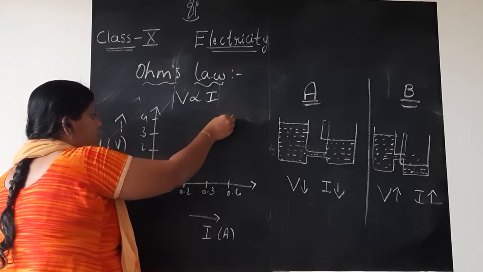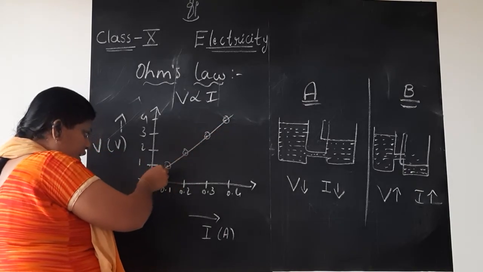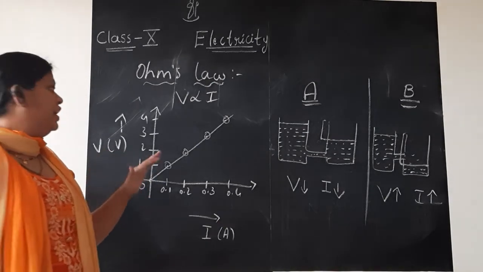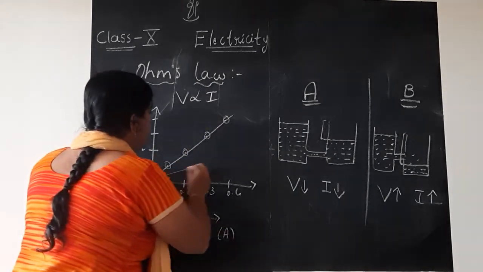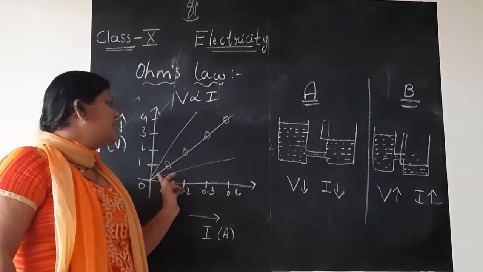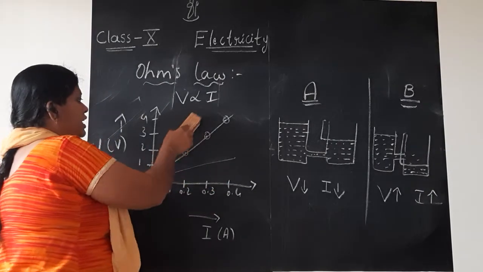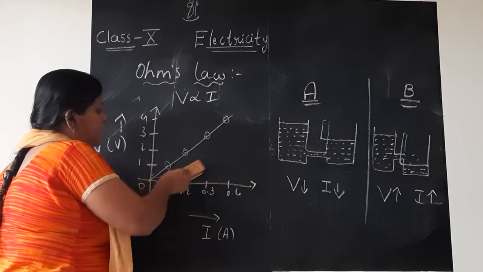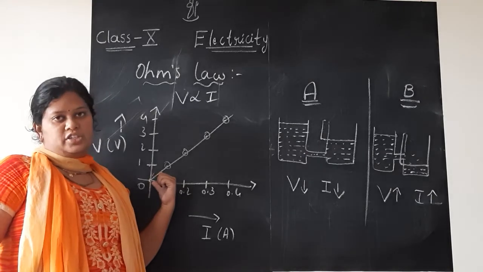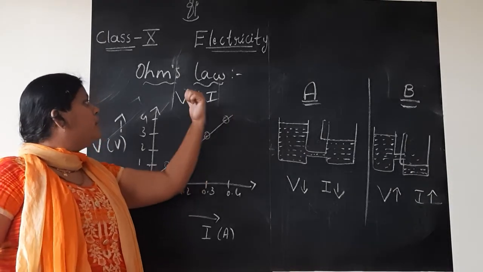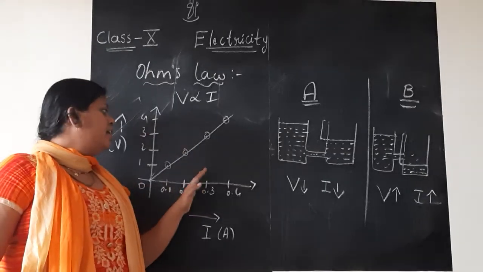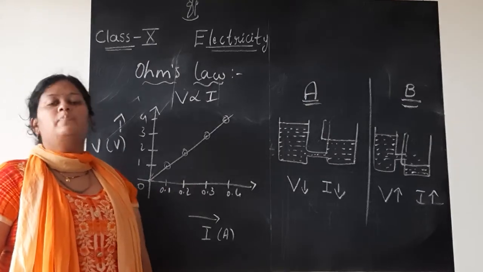If I join these points, I will get a straight line which is passing through the origin. Very simple representation. It is not like you have to draw a line like this only. You can draw like this also. But it should be a straight line passing through the origin always. And don't draw multiple lines. Just to explain you, I draw. You can draw any one straight line which is passing through the origin. Why straight line? Because current and voltage are directly proportional, and this is how we graphically represent Ohm's law.